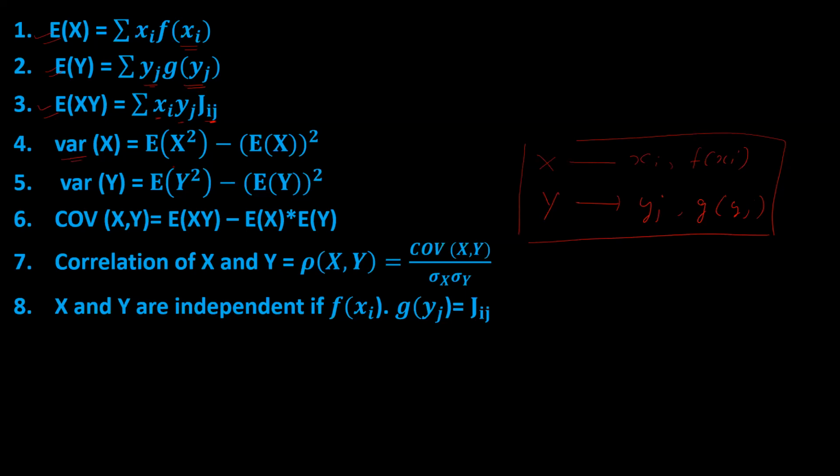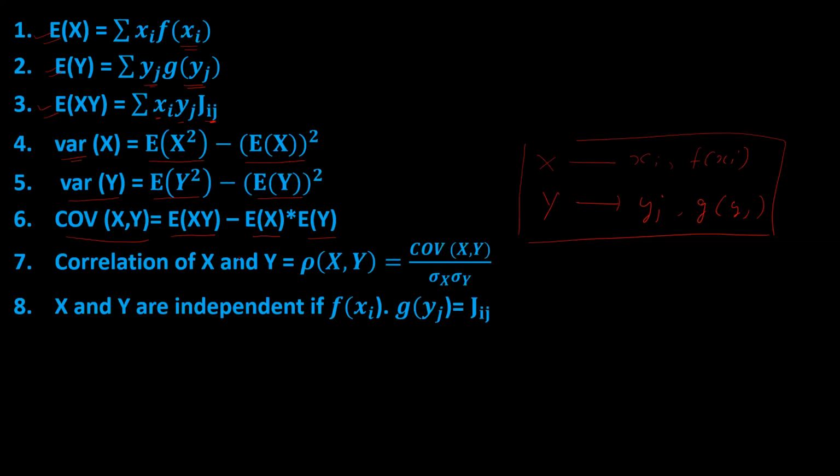Then we have variance of x, which we have already seen previously, that is nothing but expectation of x square minus mean square. Similarly, variance of y will be expectation of y square minus mean of y whole square. We have one more term called covariance of xy. It is a direct formula, there is no need to go for theory, because we will discuss this in detail in your chapter number 3. Covariance between two data can be calculated by E of xy minus E of x into E of y. Wherever you have E of x and E of y, they are the mean of x and mean of y, but I have written it in terms of expectation only.